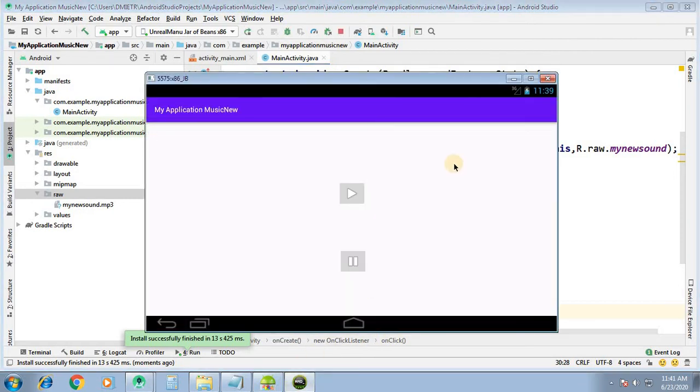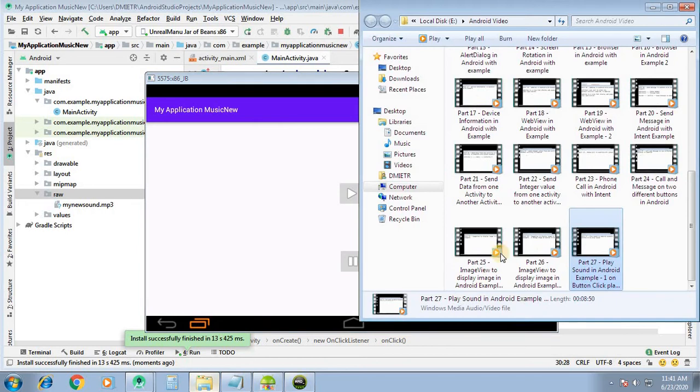Our application has been loaded. When we click on play, the sound is going to play, and when we click on pause, it is going to pause. Play and pause. This sound is pretty slow, so we will add some fast sound.